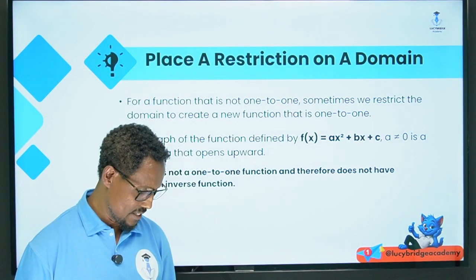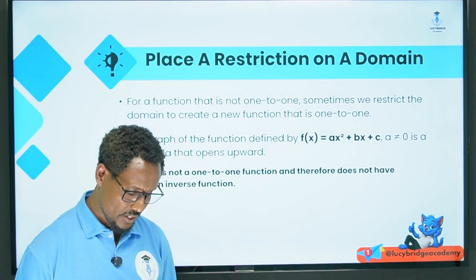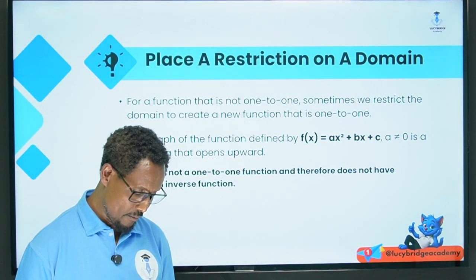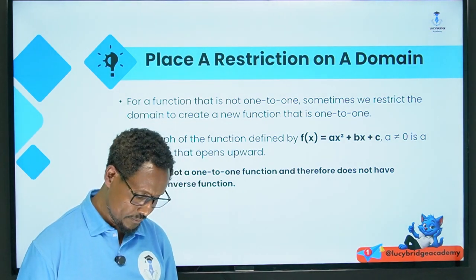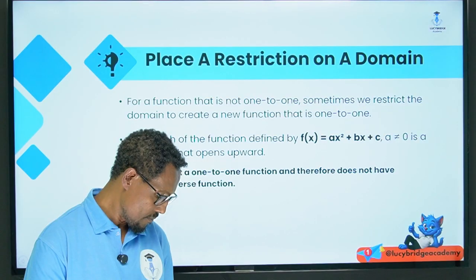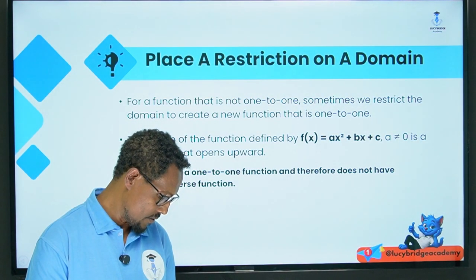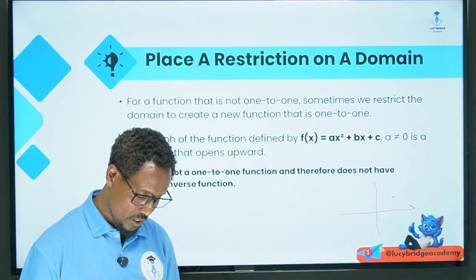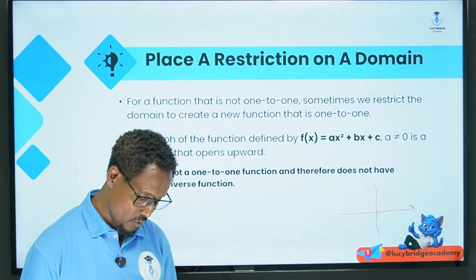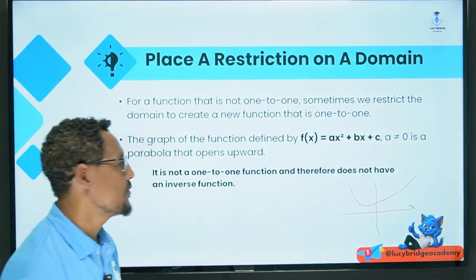ልጆች እዚህ ጋር አንድ ነገር ላስታውሳችሁ እስኪ። The graph of a quadratic function is either a parabola, either an upward parabola or a downward parabola ነው። ምን ይመስላል ግራፉ? እስኪ ግራፉን እንመልከት እስኪ። Either upward parabola or downward parabola. Upward parabola ከሆነ የዚህ አይነት ይሆናል ማለት ነው።